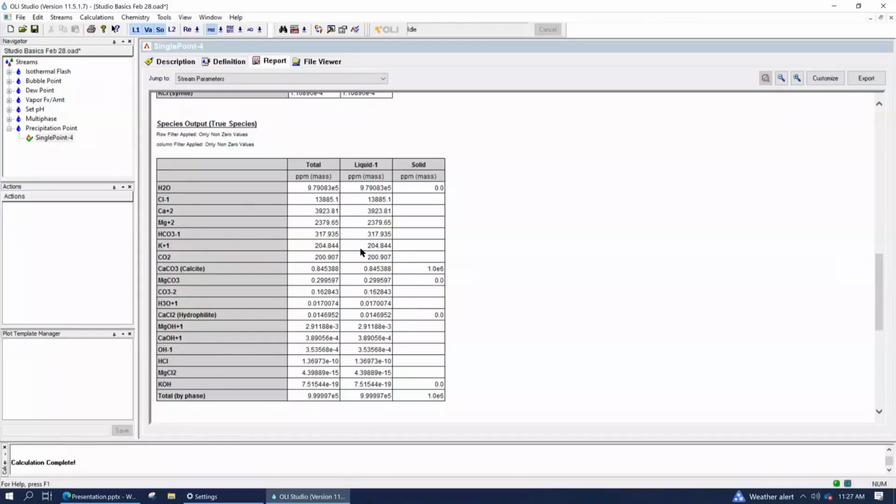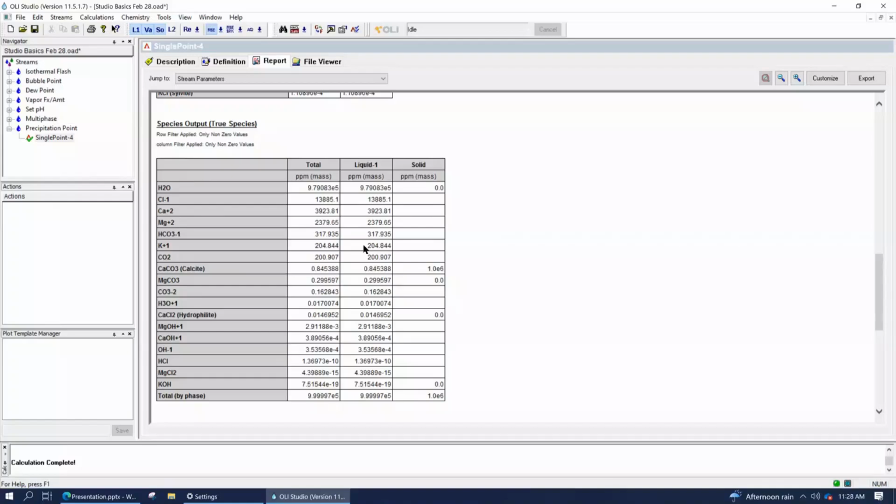So one of the things we're going to be doing here is learning about what the chemistry was like in this calculation stream. Is there anything special about the speciation or the activity coefficients that caused the calculation to produce the properties that it did? In this particular case, there's not a whole lot that's special, but I want to get you in the mode of, when you do a calculation and you get the numbers you want, or more importantly, when you don't get the numbers you want, you look at certain tables to find out why these properties got produced.